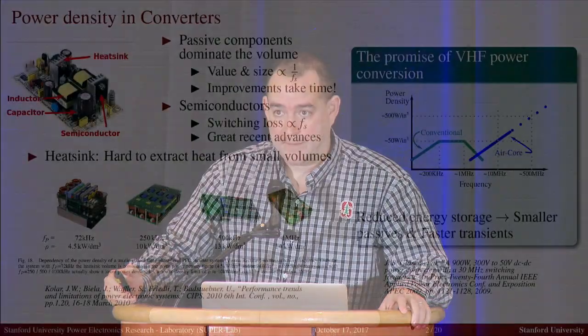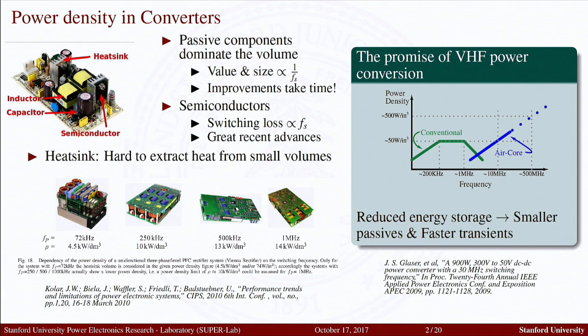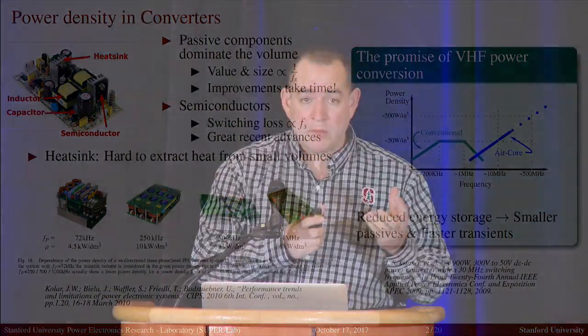What my group is trying to do, which is a little bit counterintuitive, is essentially just keep increasing the frequency, but a heck of a lot more. The reason is, as you increase the switching frequency, the size of the inductors, particularly, and transformers becomes smaller, small to the point that you can actually eliminate the magnetic core that is needed to make these inductors. So you completely eliminate a source of loss, which is core losses in a transformer. And this essentially